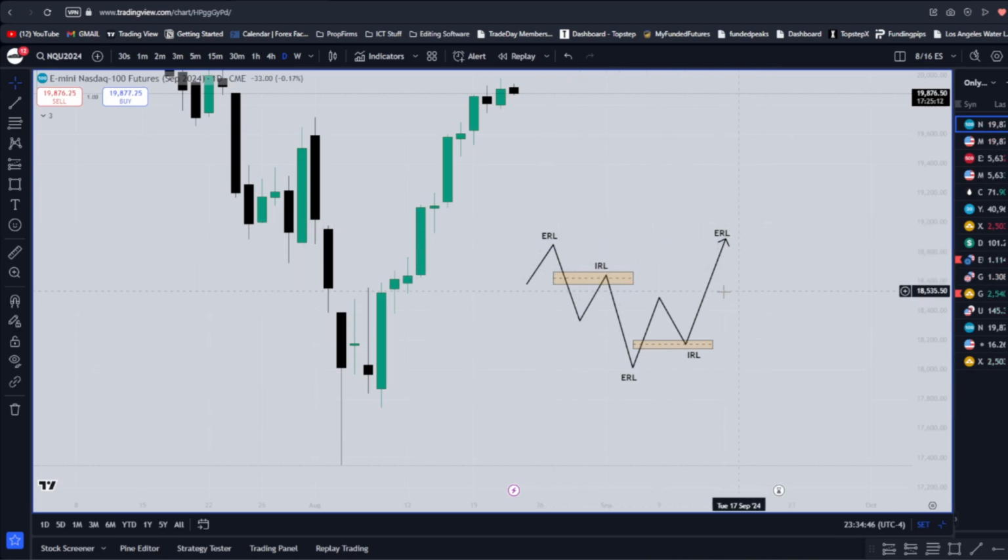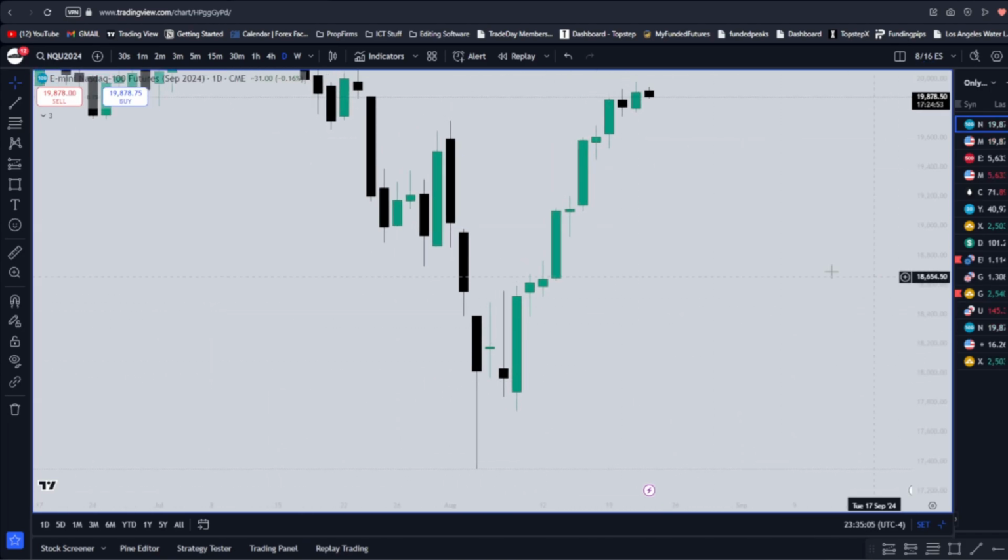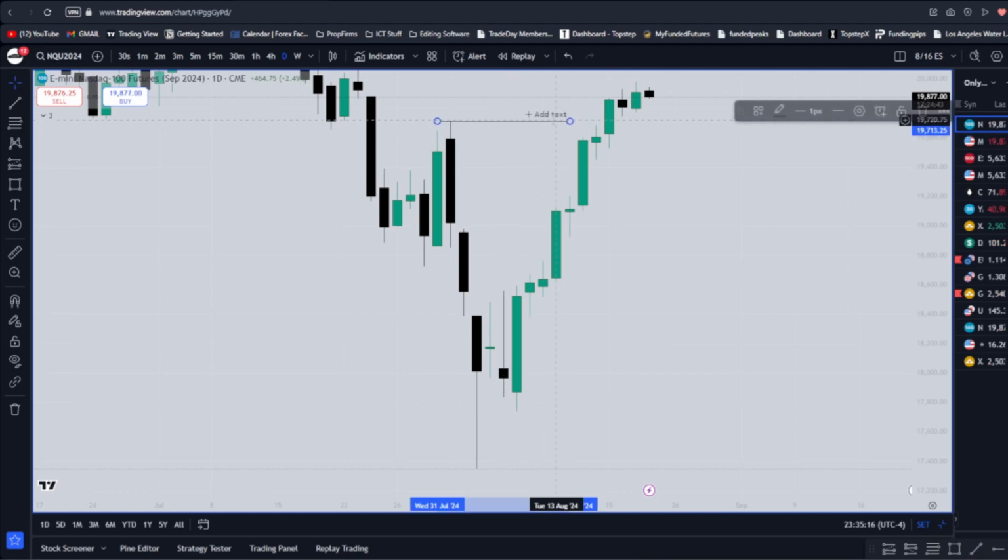So creating a new range. And essentially that would kind of mean this turns into internal range liquidity, but this is just what we're focusing on right now. This is how the market operates, and I'll explain later how this all goes together. So first, I'm going to be showing you what is our weekly analysis that I sent out to the Trading Dojo. So we are looking at this high to be met,